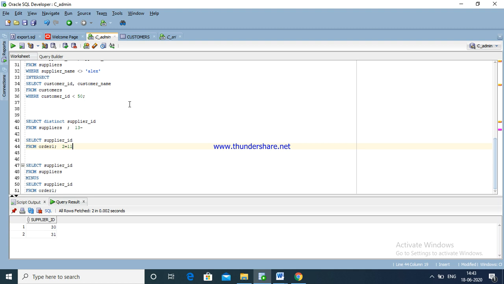In the first statement, it will remove the second statement's records. Now see here, 30. What is the result? It will remove 30 and 31. Now I am going to check. See here, there is no 30, 31. Now check here.